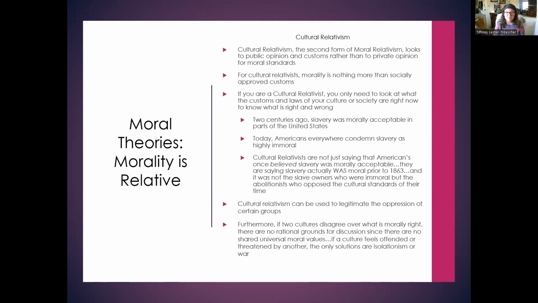So it's basically just what's right for your culture is right for you. What's right for your culture right now, that's morally right for you. The problem with this is that it can be used to legitimate the oppression of certain groups. It also becomes a big deal when two cultures disagree over what is morally right. There's no shared universal moral values necessarily. I mean, we do have some, but